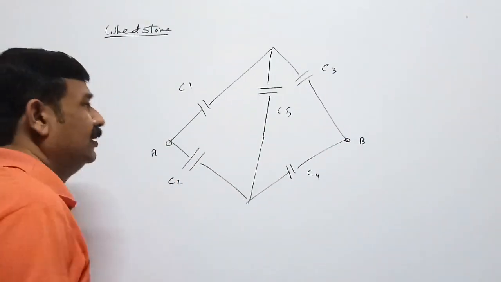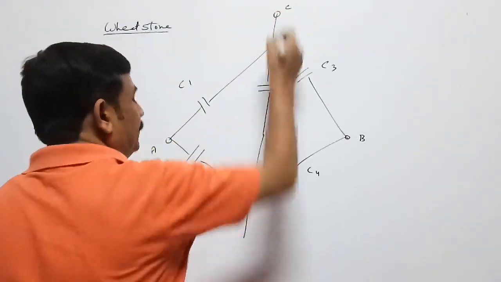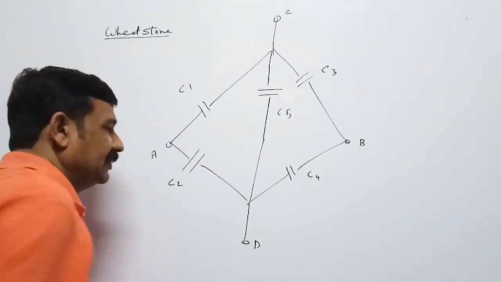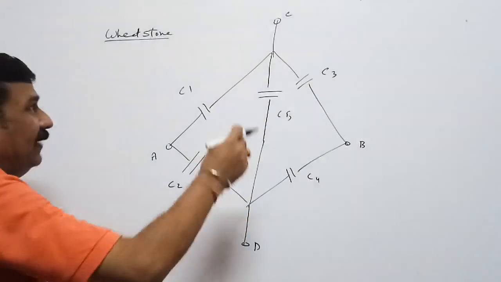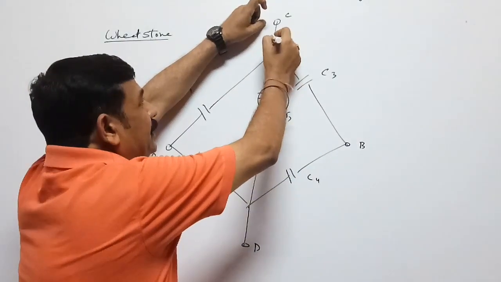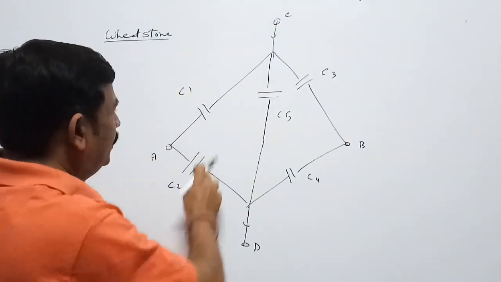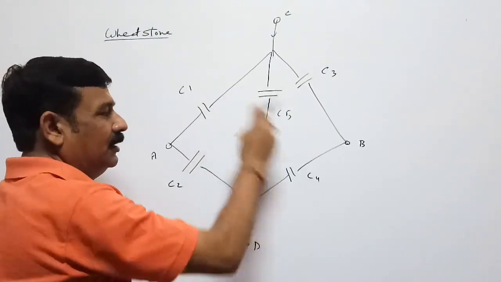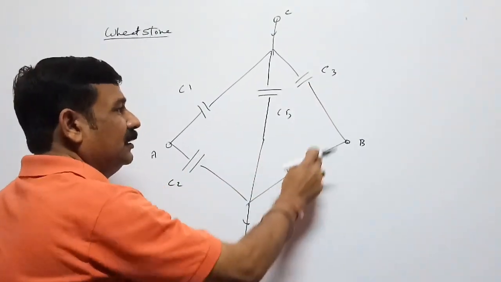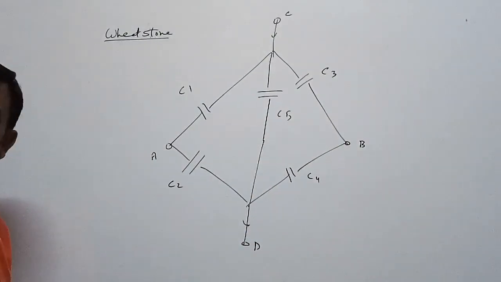It is very easy to find the net capacity of this Wheatstone bridge with respect to points C and D. Because if we have to find the net capacity with respect to points C and D, one entry, one exit, stretch them opposite each other: these two will become series, these two will become series, and the rest 3 will be in parallel. So it is very easy to find the net capacity.